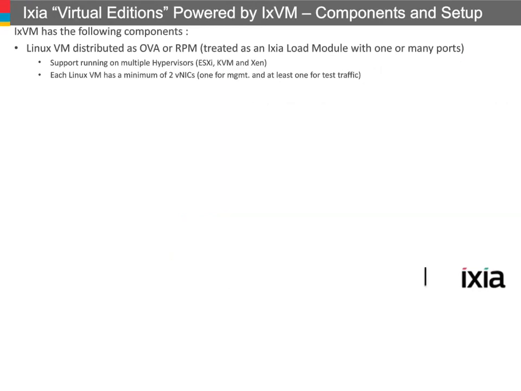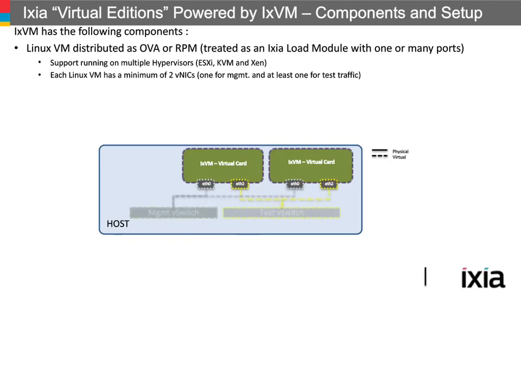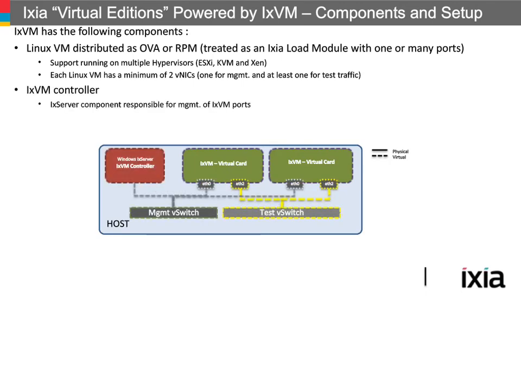So just a very quick look at how IXVM deploys. I'll build this out quickly, which is you have a host virtualized server. The green boxes are VMs that are deployed, which are Ixia, essentially virtual line cards. On those line cards, you have VNIC interfaces. We require one VNIC for management. Then the second, or up to however many VNICs the hypervisor or vSwitch supports, can be used as test